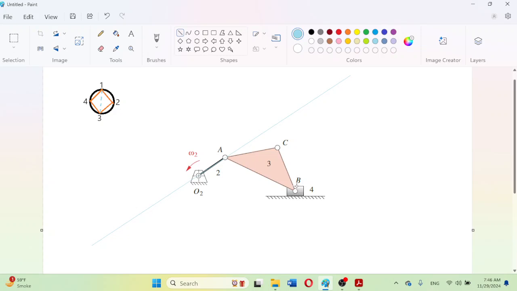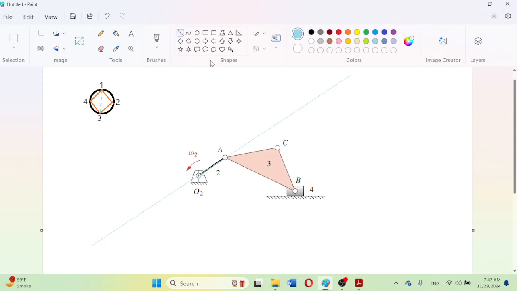So its effective rocker link is pivoted. This translating joint or prismatic joint is equivalent to a revolute joint, which is located at infinity along a line perpendicular to this slider line. Slider is moving horizontally, so the effective rocker center line will be perpendicular to